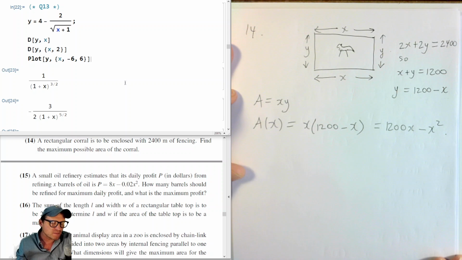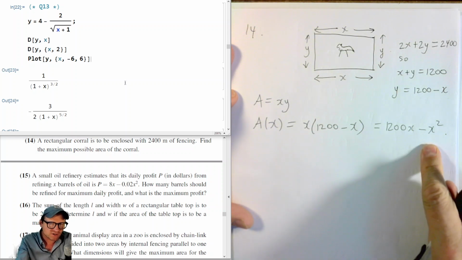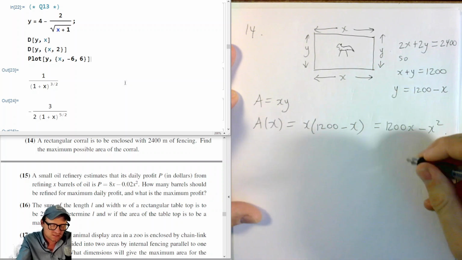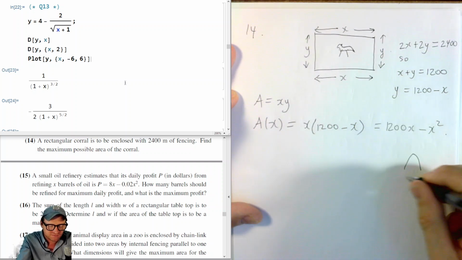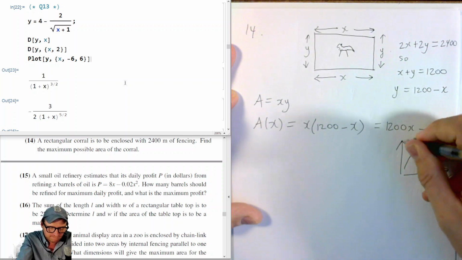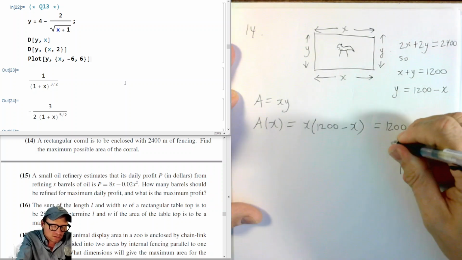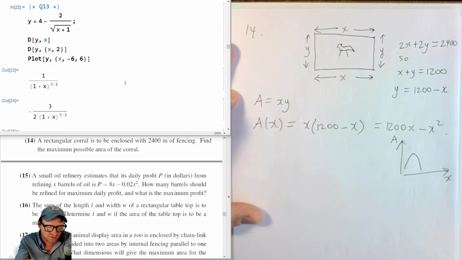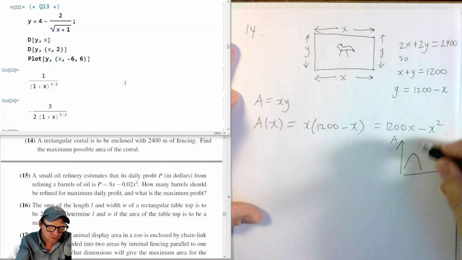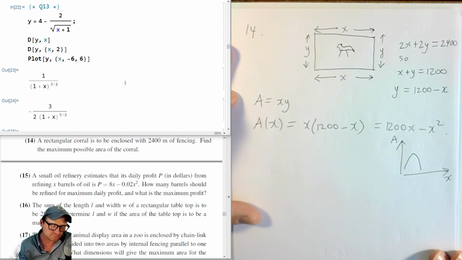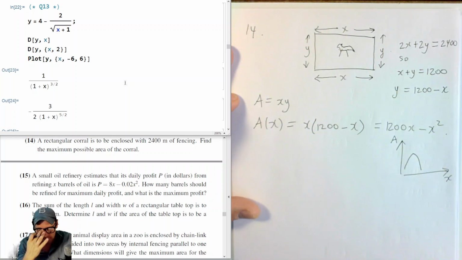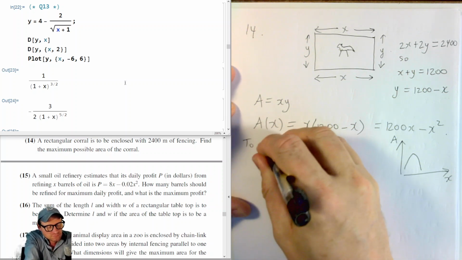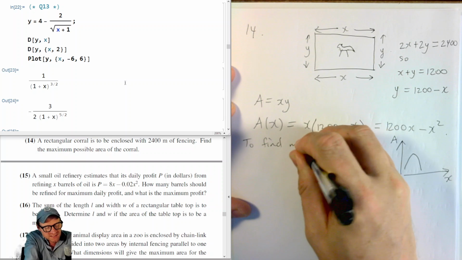So now we want to find the maxima, right? Now if we were to just do a rough sketch of this, it has a leading negative coefficient, so it looks something like this if we plot this function. x on the x-axis and A on the y-axis. So at some point there's a maxima here, right? Just because we know what this looks like already. All right, now to find the maxima,